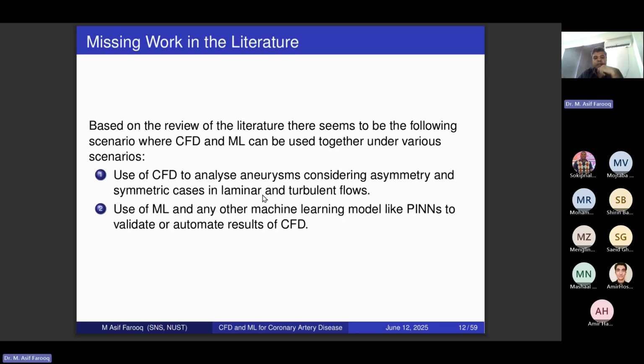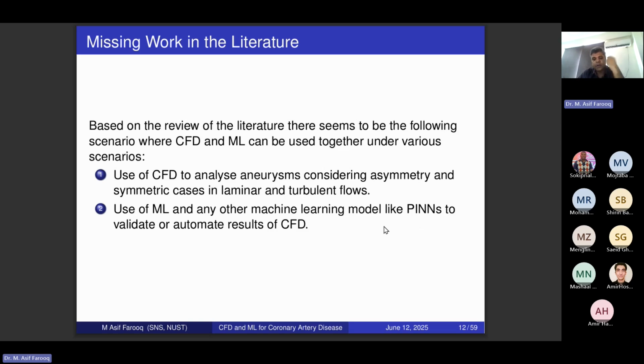From this literature review, we see the history of the work in this direction and what is missing. The missing part is the CFD analysis for the asymmetric and symmetric cases for laminar and turbulent flow, which we published in the Chinese Journal of Physics, and which I present to you now. And very little work has been done for PINNs